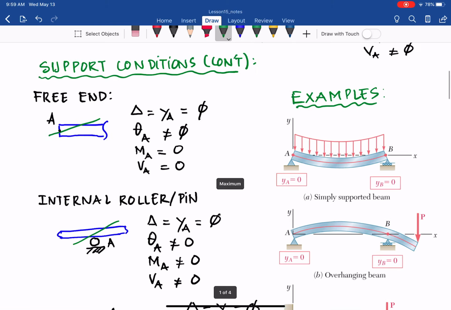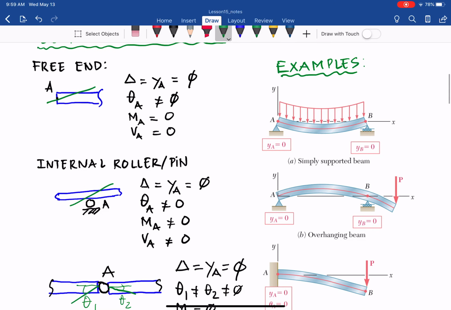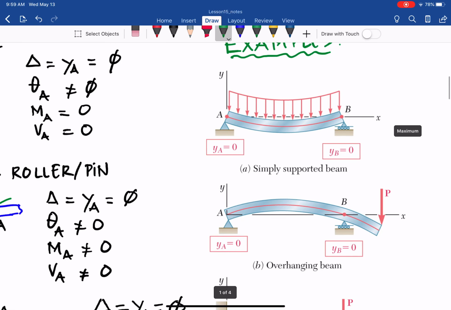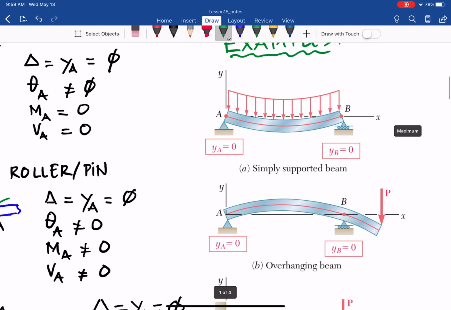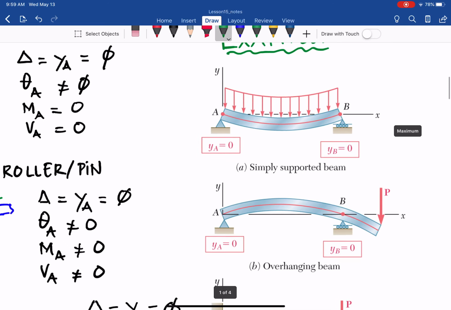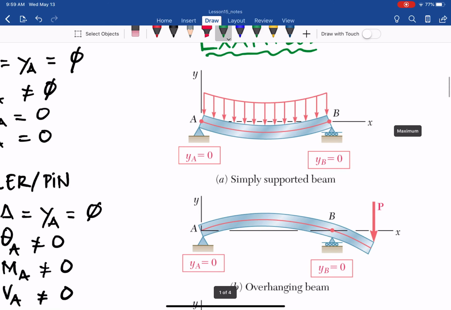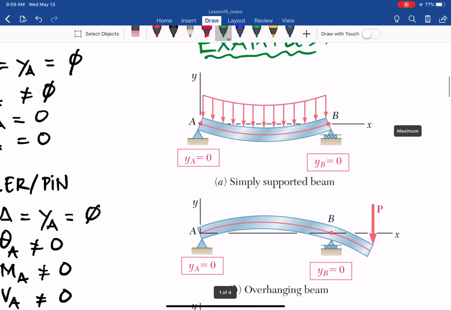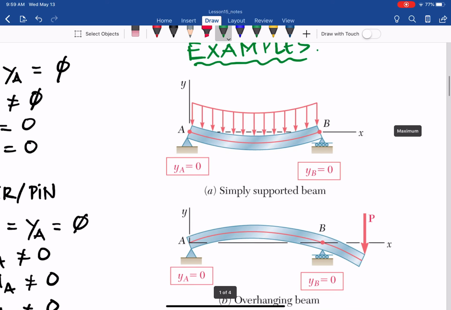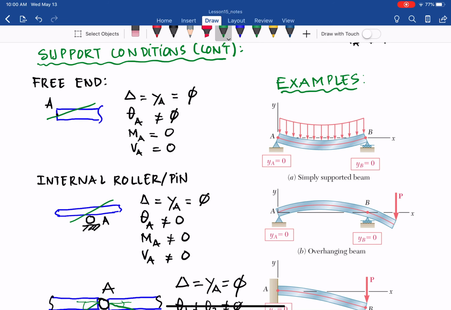For example, if we have a simply supported beam, one pin and one roller at the other end, and a uniform distributed load, as you can see, the beam will deflect down, and the red line AB is basically the elastic curve we are talking about, with the x and y axes defined as shown. Then at any given point